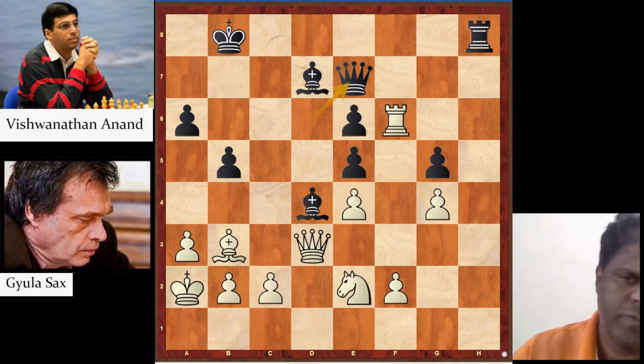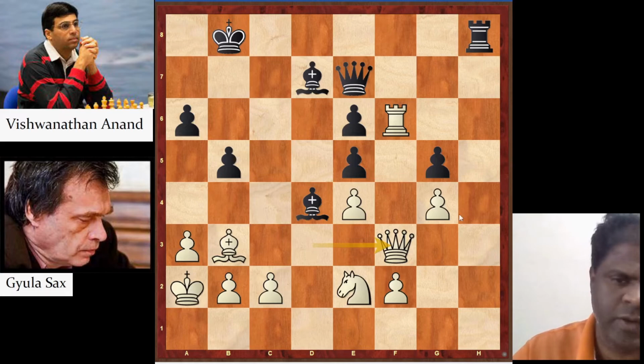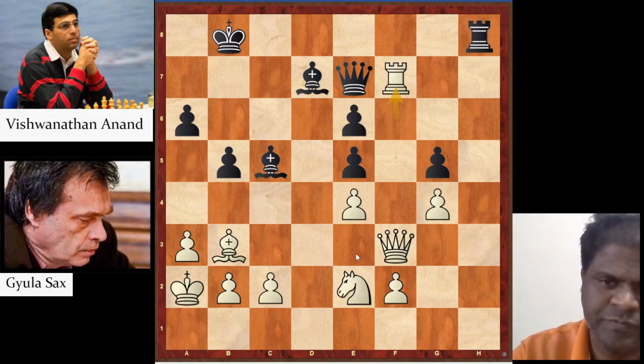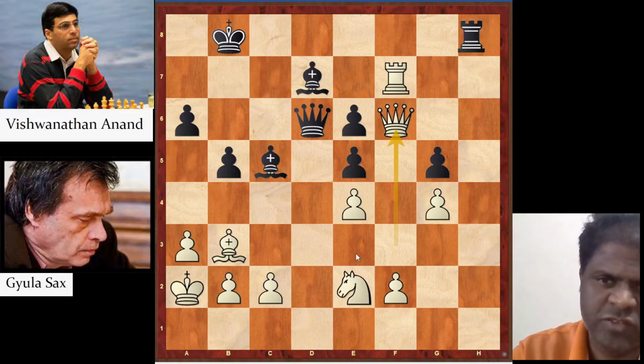Queen e7, attacking the rook, then queen f3, protecting the rook, and yeah, you are ready to capture the knight on d4 anyway. Bishop c5, and here capture the 7th rank again. You are having that chance, right? So go for it. Now queen d6, get the queen in, queen f6. Now rook c8, and here